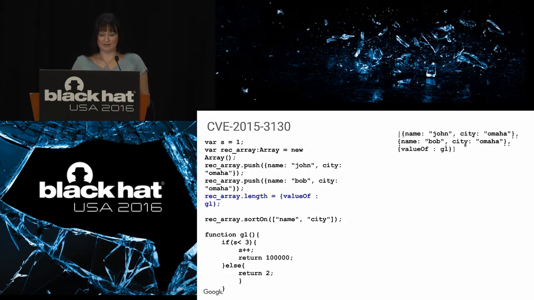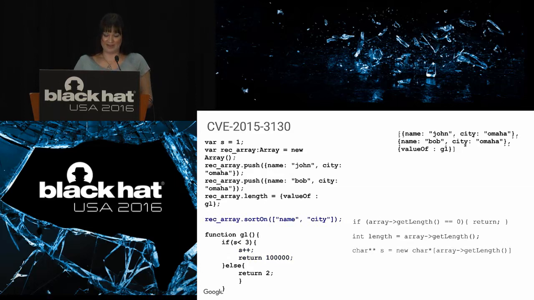And then you can call this vulnerable function called sort on it. And what this does is it actually fetches the length a few times. So to start off, it checks the length, and in this case, because it's an object, it tries to convert it, and then it returns 100,000, and that's not 0, so that's fine. So then it calls it again, and in this case, it stores the length, and it will call into the method, and it returns 100,000, and that's fine.